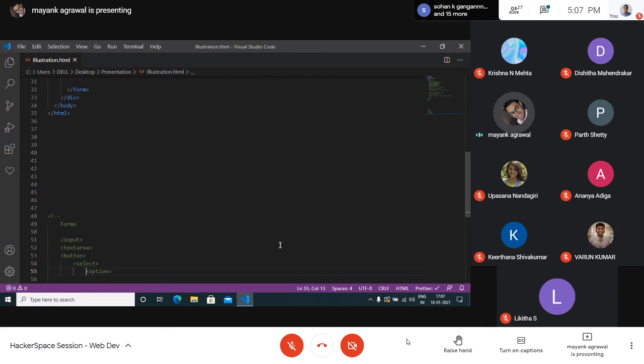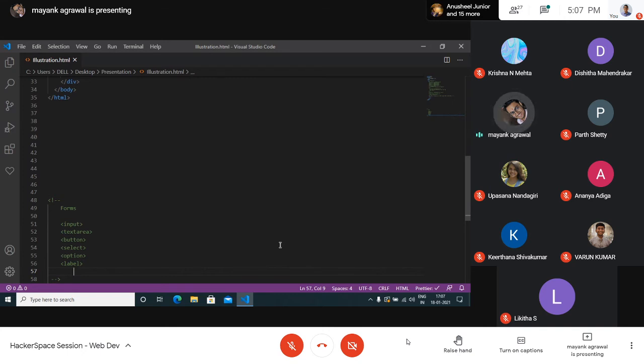These are few that you will be using quite often. And there's one more that is used, which is label. So these are a few major tags that are used inside form tags.